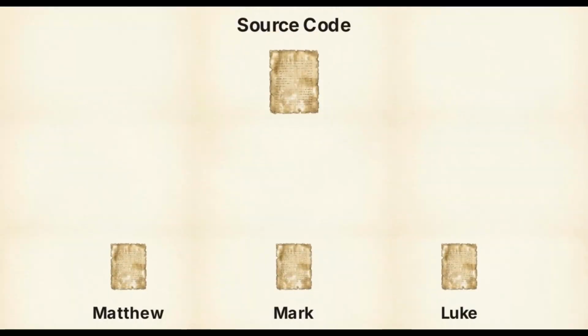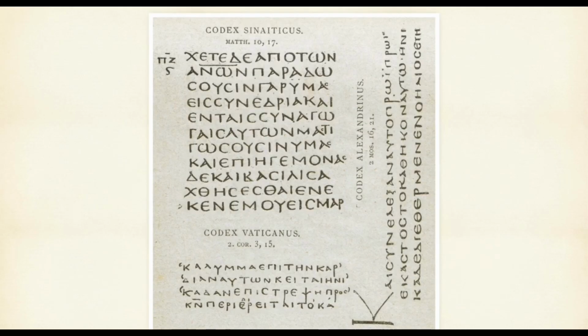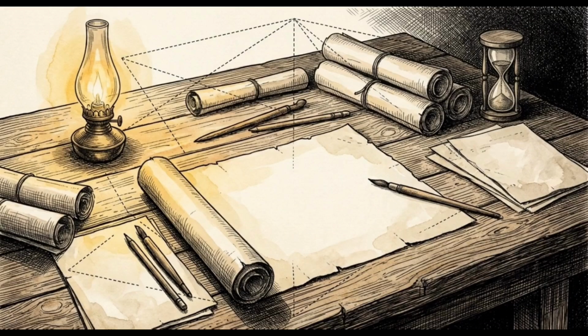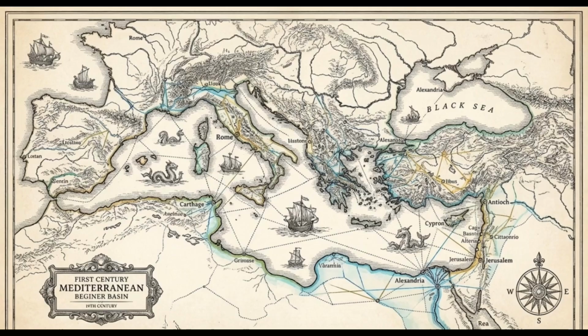This specific pattern of verbatim agreement and structural divergence indicates a shared literary origin. These texts are clearly sharing data. Identical grammatical structures across different authors strongly imply the existence of a shared foundational source code. These accounts were compiled decades after the actual events, relying on a vast network of early oral traditions and fragmented written records circulating in the first century.